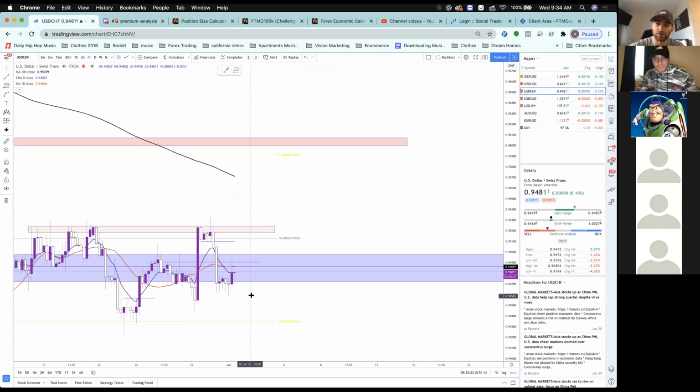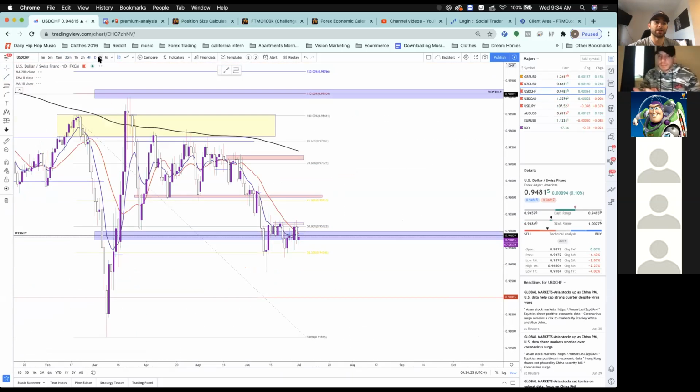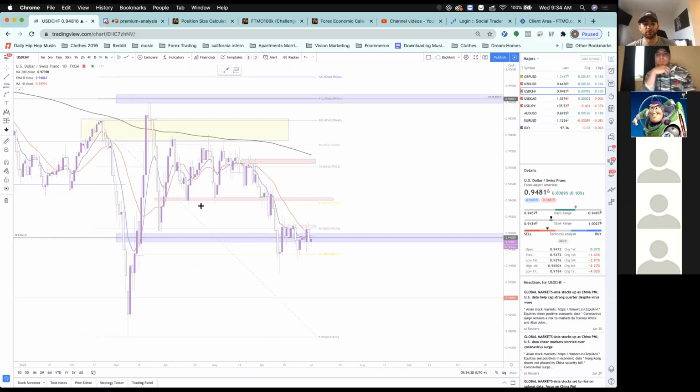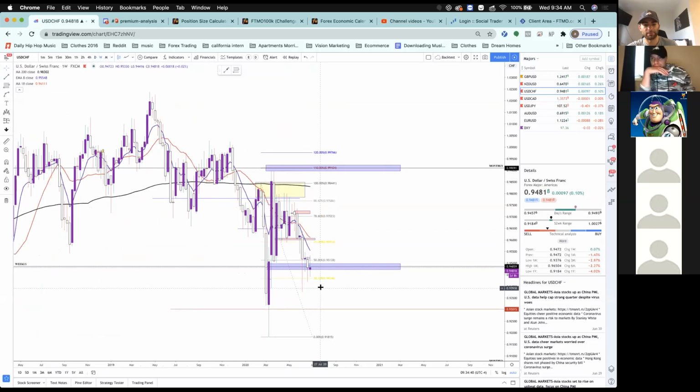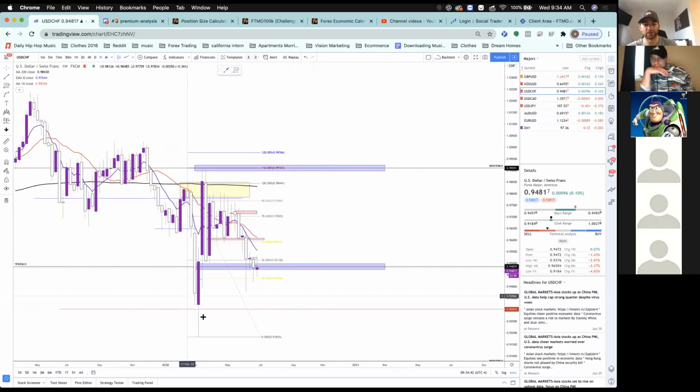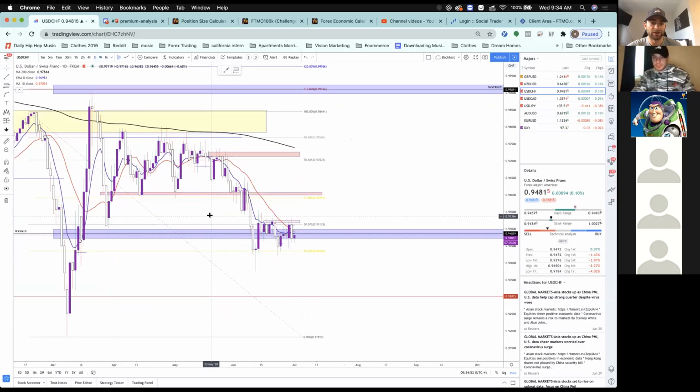Let's go over to USEF. Again, a lot of these pairs are near these key levels and structure on the monthly. These are where huge moves go down, so we want to make sure that we can get in and take advantage of this. Overall on USEF on the weekly, we are bearish in the sense that we made this lower low, pulled back, made this lower high right here. At this point, we're just slowing up right at this weekly level. I'm anticipating some sort of pullback on the daily time frame.